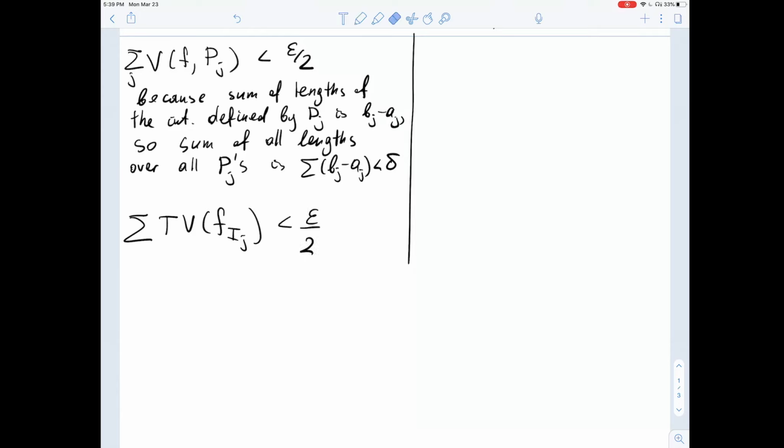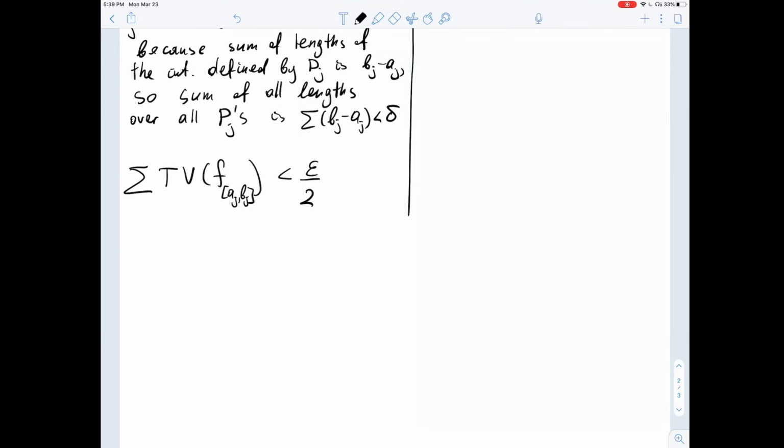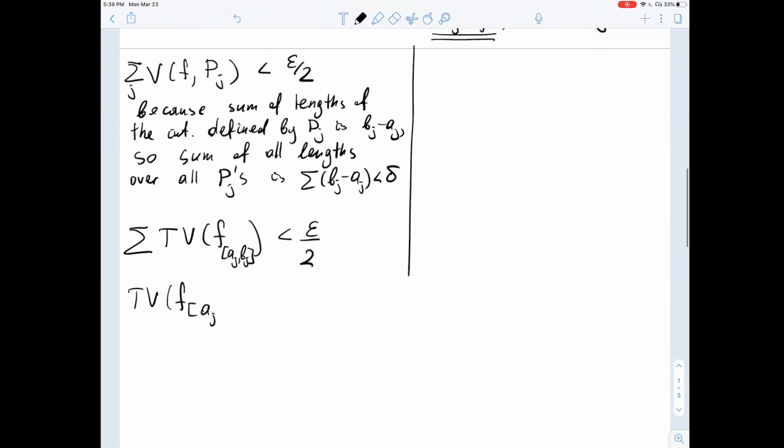Okay, and what is ij? Ij is aj bj. Okay, however, we know that this, and this we proved last time. I'm not using my right hand side board. So we know this. So this is phi of bj minus phi of aj. And we're done. So we know that sum of this